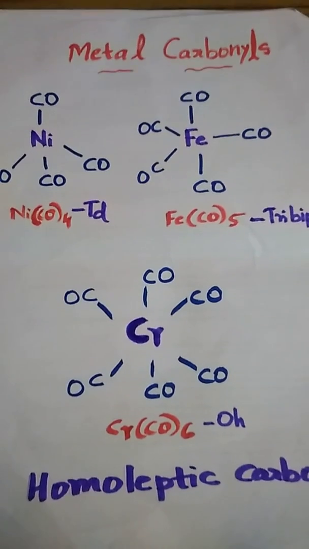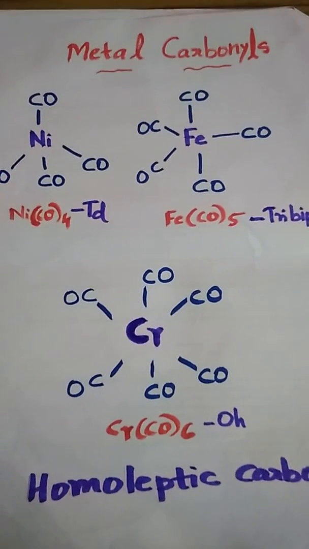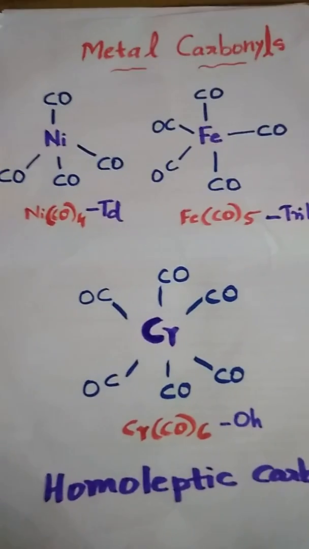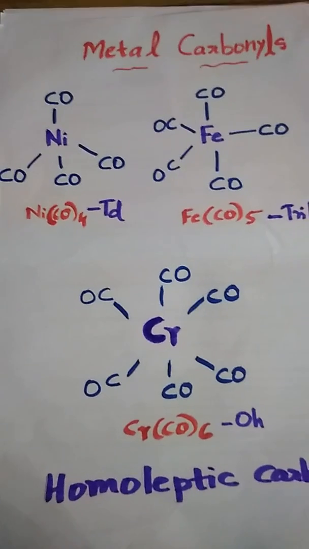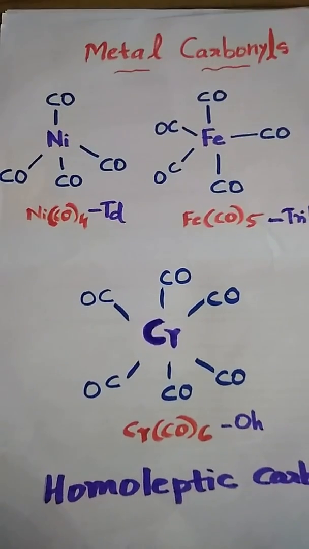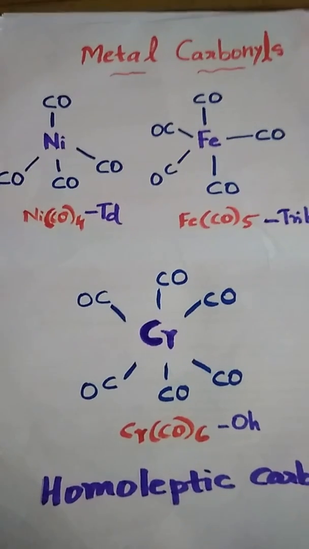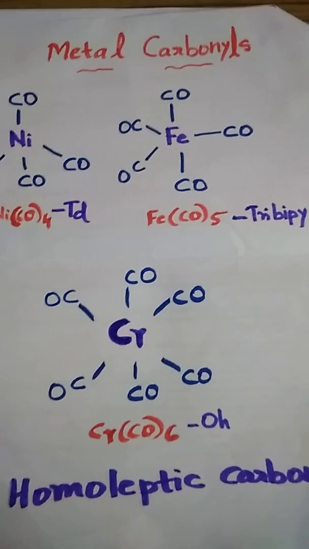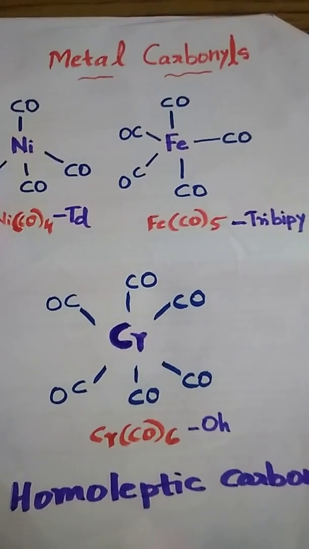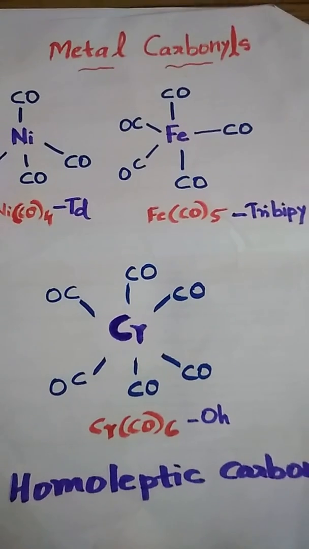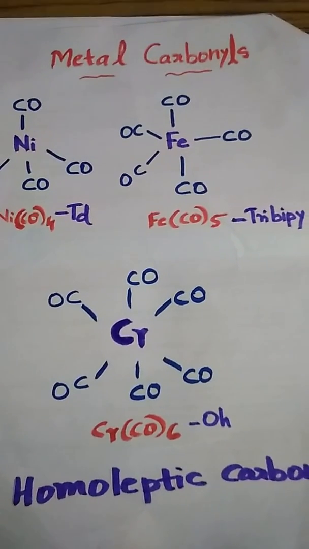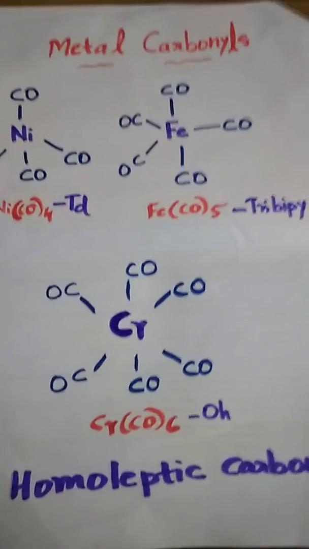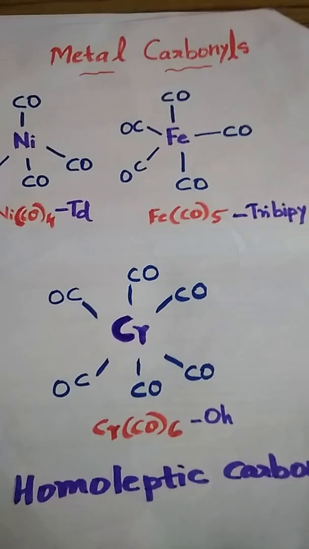A metal which is connected to the CO group forms metal carbonyl complexes. Look at the examples. Nickel is a metal connected to 4 CO groups which forms nickel tetracarbonyl, and it forms a tetrahedral geometry. Another example is Fe(CO)5. The iron metal is connected to 5 CO groups which forms trigonal bipyramidal geometry. And another is Cr(CO)6. Here the metal is chromium, connected to 6 CO groups, and it forms